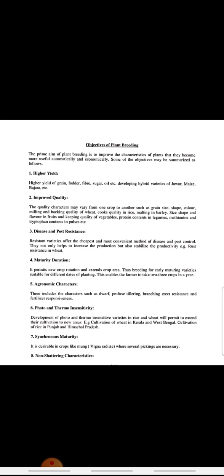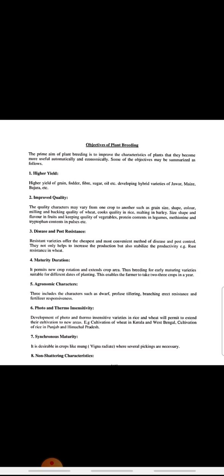Objectives of plant breeding. Here are some objectives of plant breeding. The prime aim of plant breeding is to improve the characteristics of plants so that they become more useful agronomically and economically. Some of the objectives may be summarized as follows. First objective is higher yield, second is improved quality, third is disease and pest control, fourth is maturity duration, fifth is agronomic characters, sixth is photo and thermo sensitivity,